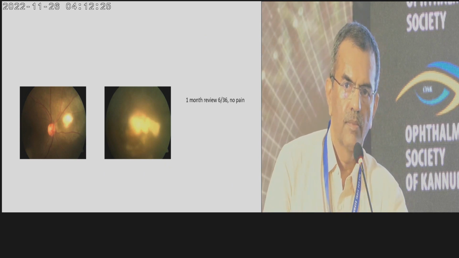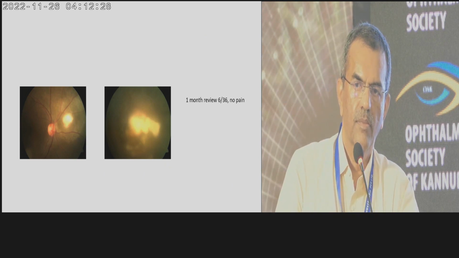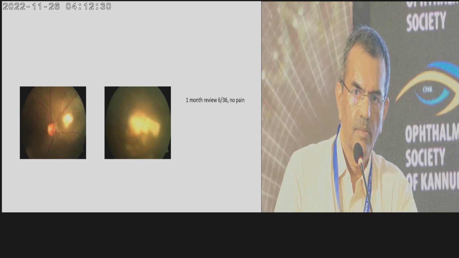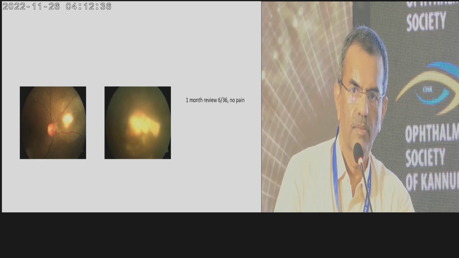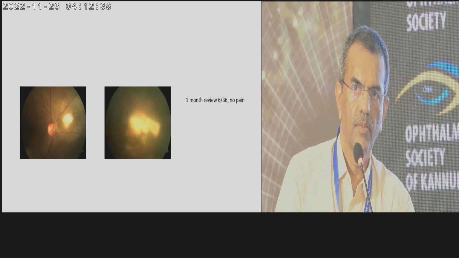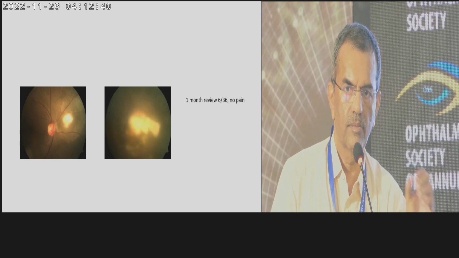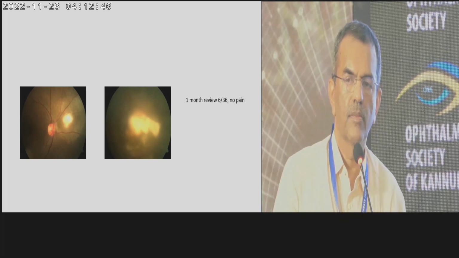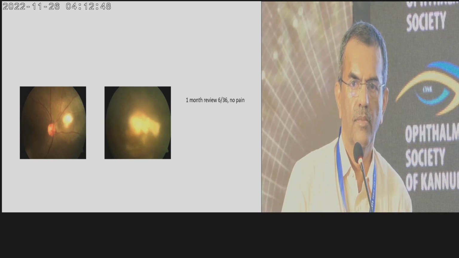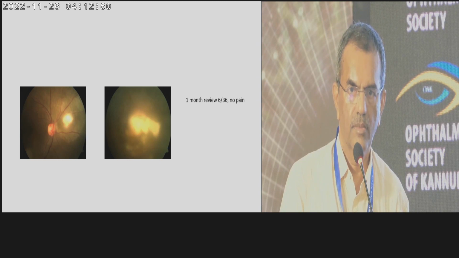In fact, it's very important to keep in mind there are two types of endogenous endophthalmitis. One scenario is patients who present in the ICU, and these patients are very sick, and all those issues about clearances and all come in. And in those patients, fungal endophthalmitis is a more common cause. The second group of patients is ambulatory patients. And we see them a lot more in this country than anywhere else because of this tendency